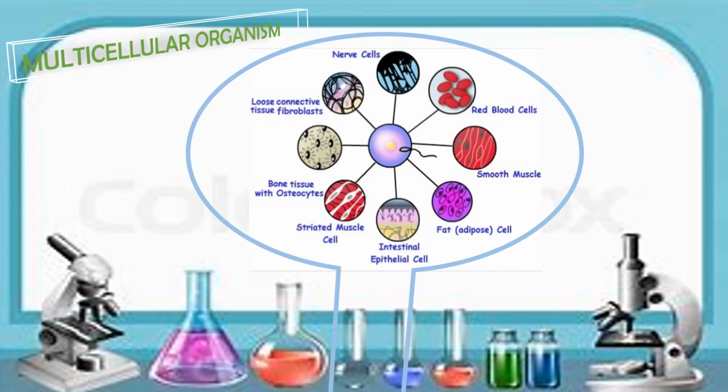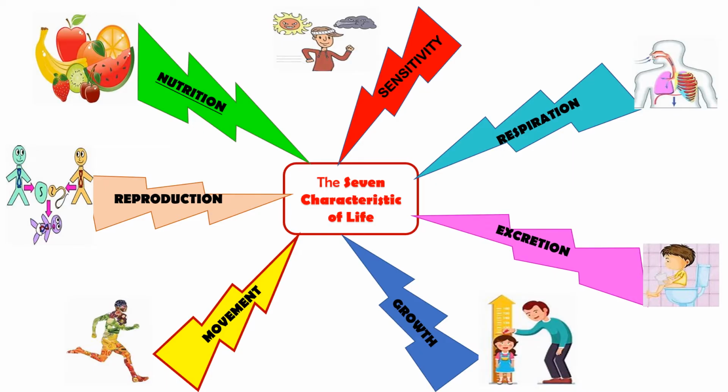So we have here the pattern for the multicellular organism. Try to look at the nerves. So this is how they function. Okay. So now